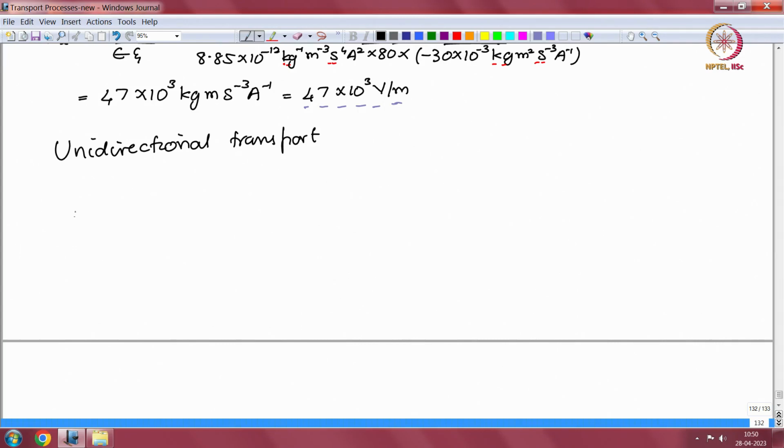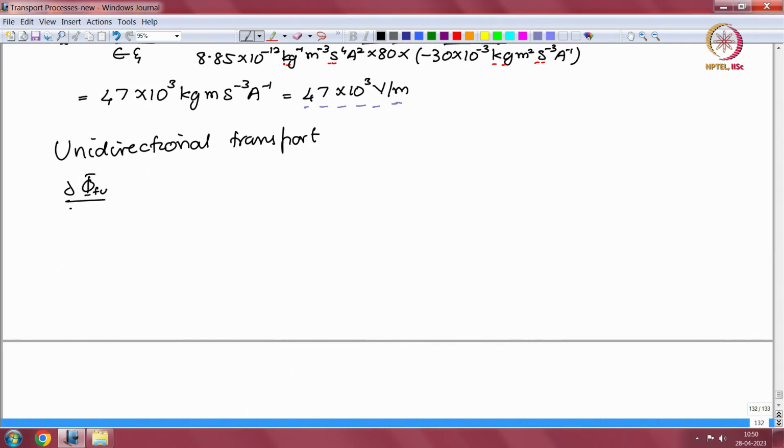In the last series of lectures, we have been examining unidirectional transport, where there is a variation in the concentration, temperature or velocity fields both in one spatial dimension and in time. And the general equation for the field variable, that is concentration, temperature or velocity, is of the form partial phi